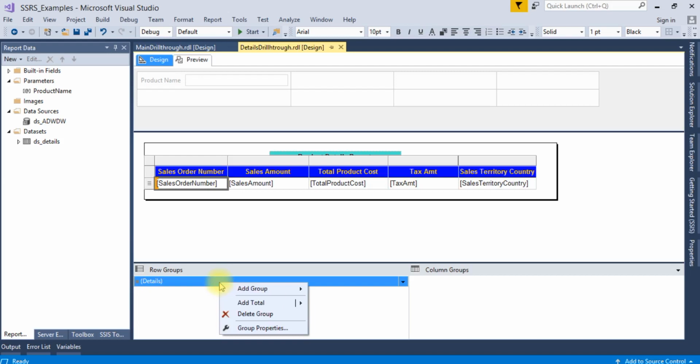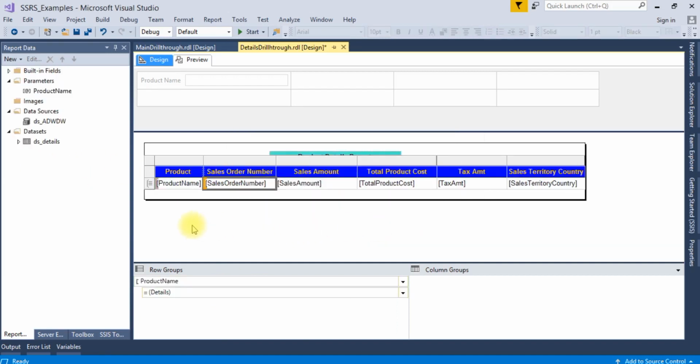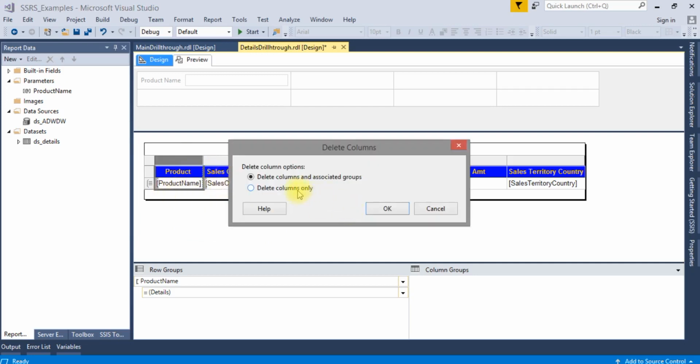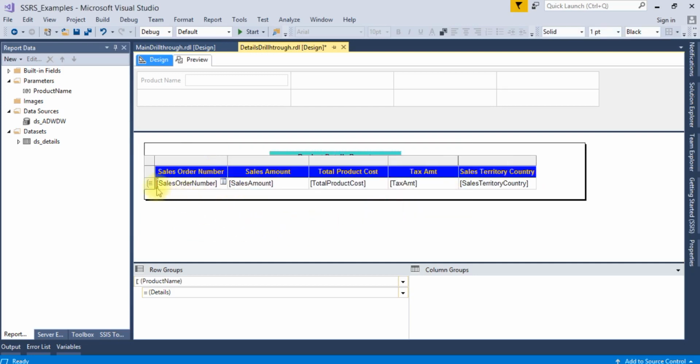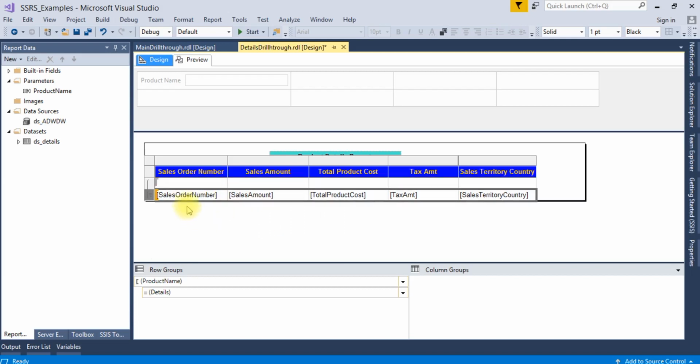We'll add a group here, a parent group by product name. Just delete this column, delete column only. Here we'll insert a row, selecting outside group above.